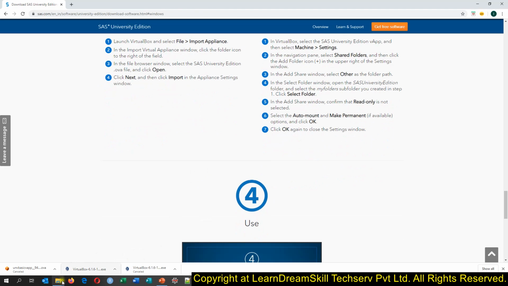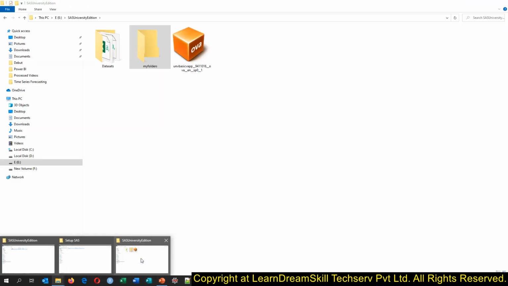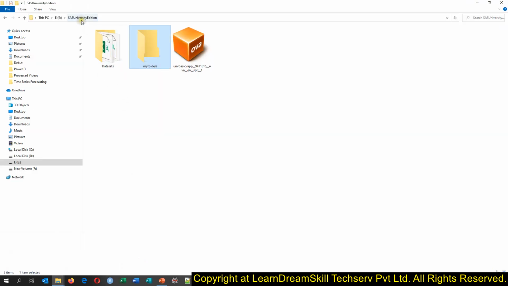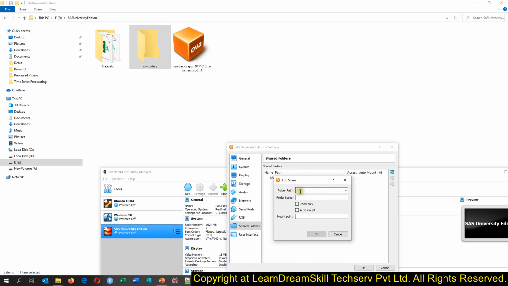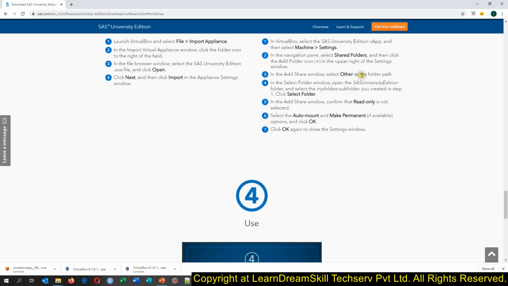Okay. So before creating that, you can follow that step as well. As I have already told you, before downloading, you create SAS University Edition anywhere and create My Folders. So this way you will be able to do it. So now we will follow that. What it is saying is, add, select other folder, and in this select folder, open University Edition